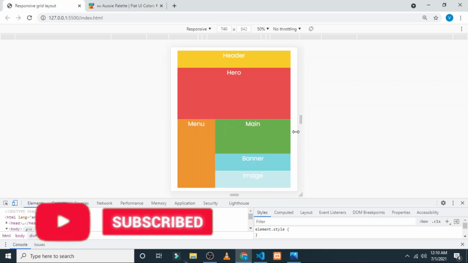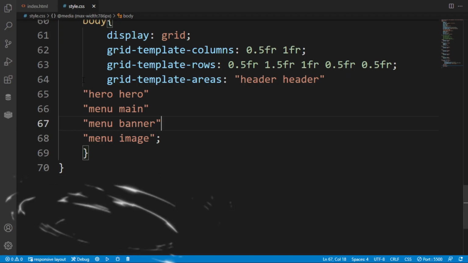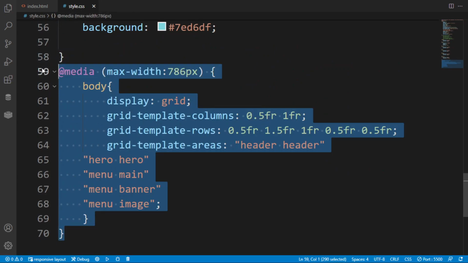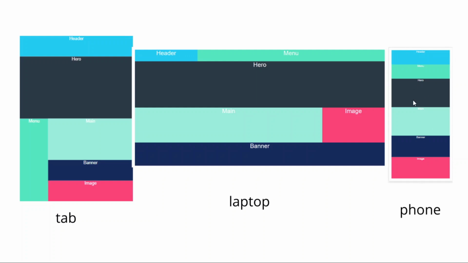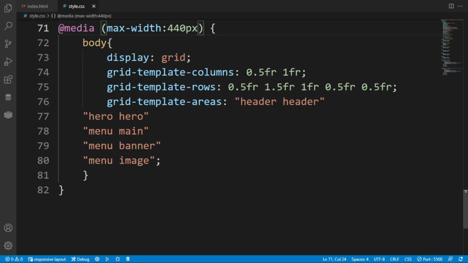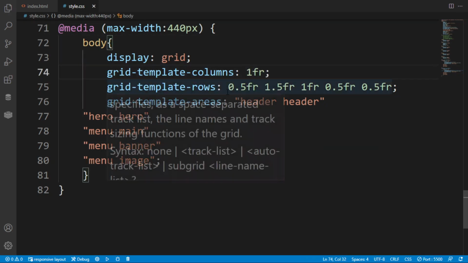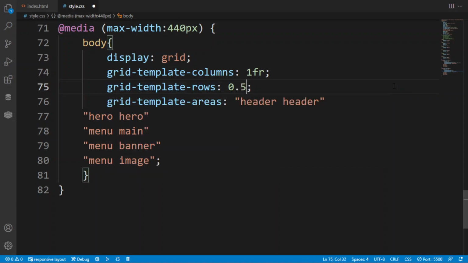So now we are going to change it also for the mobile, because mobile also require, you can say there have been some less content visible in the mobile. So for in the mobile I have given the max width from my side 440 pixel, let's say 440 pixel or 520 pixel. So here in this, as you can see, there have been single column and 6 rows. So we are going to achieve this. Here in this, just cut this fast because there have been single column. Here in this row we have 6 row. So first one is small 0.5 fr and 0.5 fr again. Then there have been a main content of twice 1 fr, and there have been 2 small content.